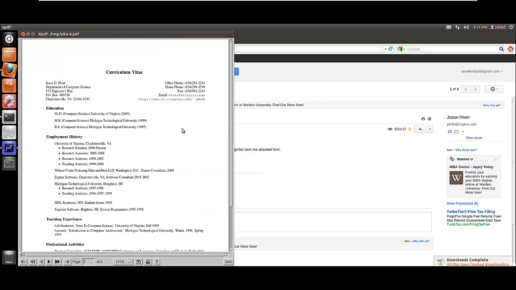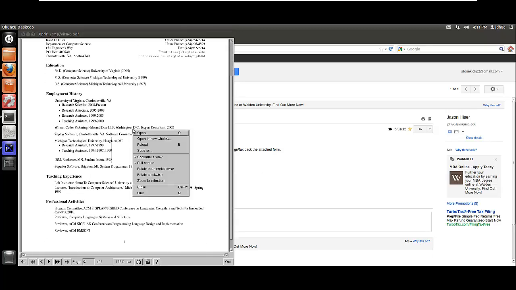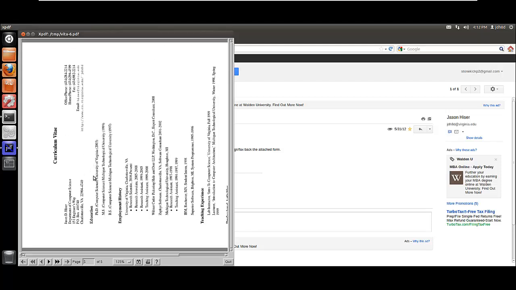But XPDF still works pretty well. So we've opened the PDF file here. You can browse around. You can scroll. There's a menu you can use. I'm going to rotate this just so we can see that this is fully functional. Now again, this is just the stock version of XPDF, so it is somewhat expected that we can view good